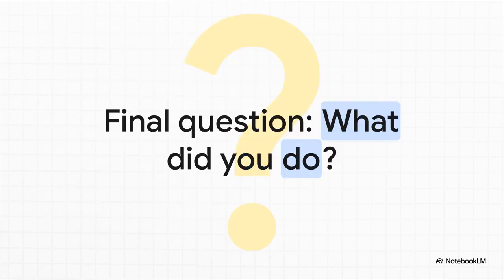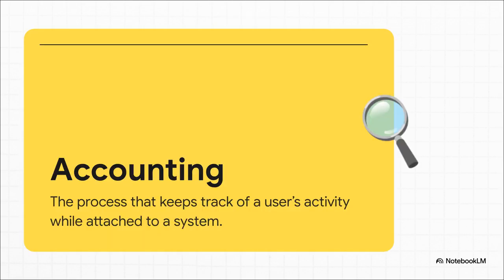All right, so you're in and you're moving around only in the areas you're supposed to be. But for real, top-notch security, there is one last question that always needs to be answered. And that question is, what did you do? This is accounting, or as a lot of people call it, auditing. Think of it as the security logbook right by the front door. It keeps a detailed record of everything: who logged in, what time they logged in, what files they looked at, and when they left. This paper trail is absolutely essential for spotting weird behavior, and if something does go wrong, figuring out exactly what happened.